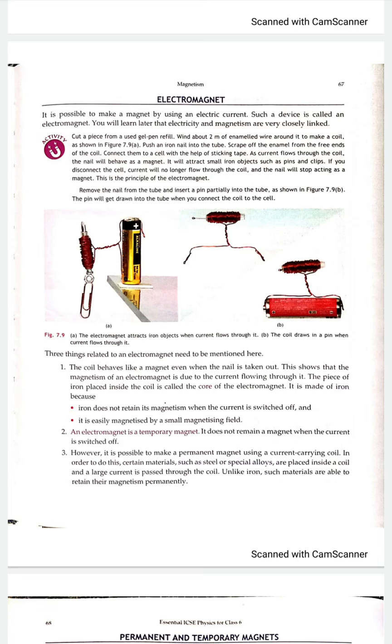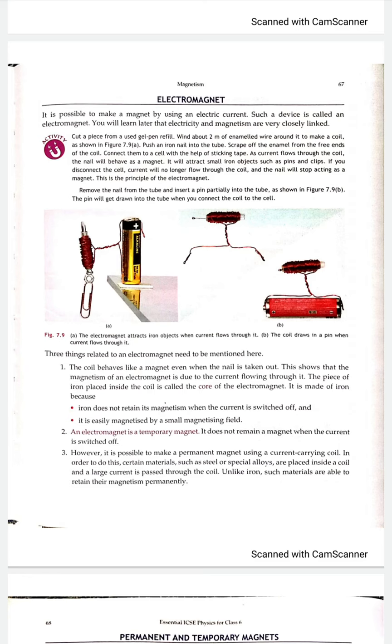So this type of magnet which we develop by the help of electric current, we call it an electromagnet. The wire which is winded around the nail, we call it the coil, while the iron nail itself is called the core of the electromagnet.